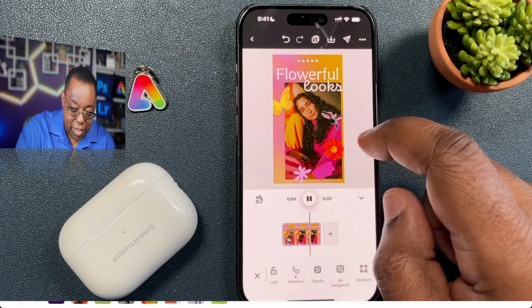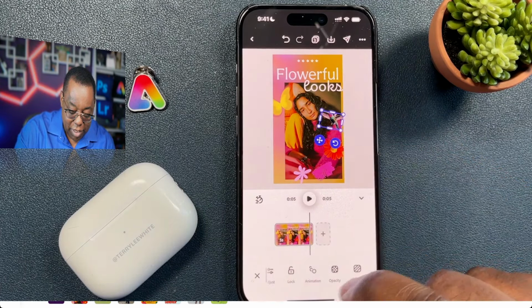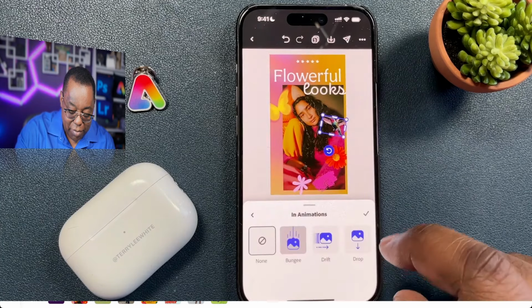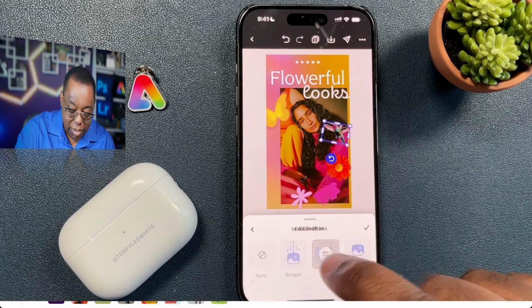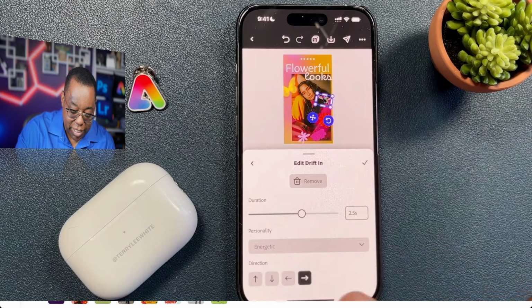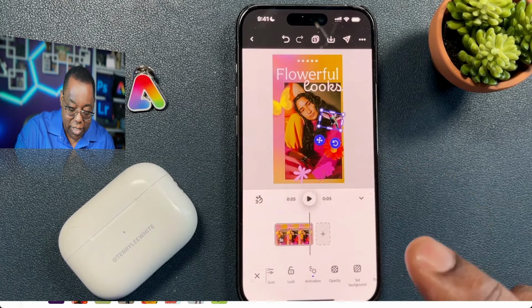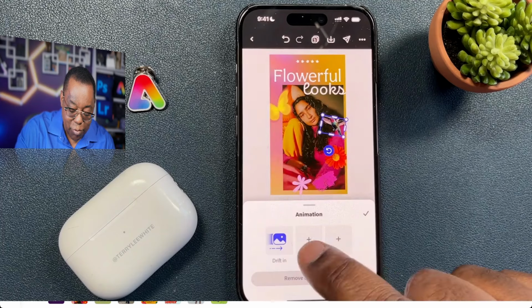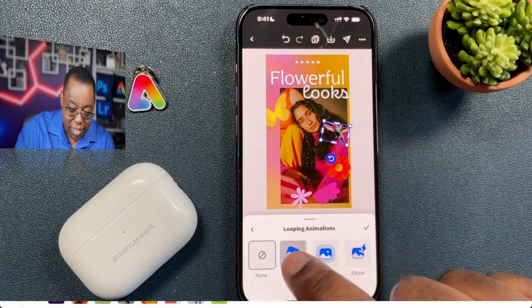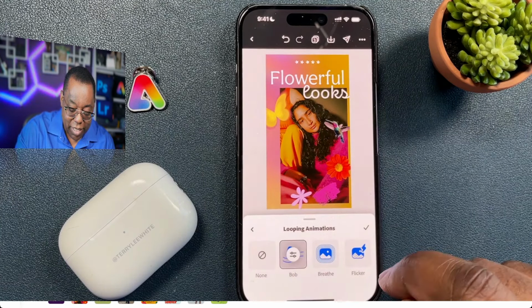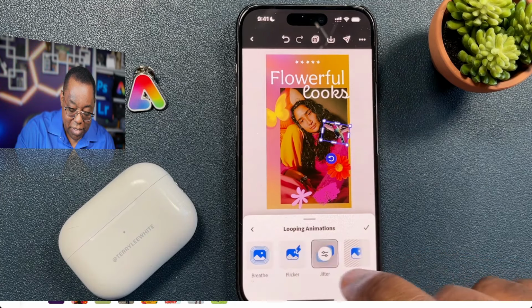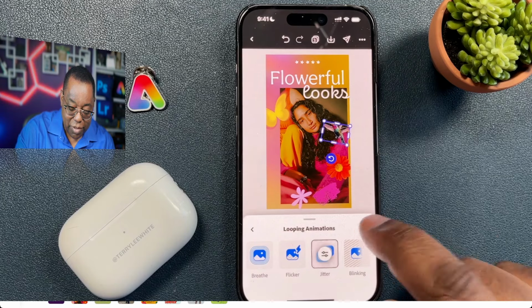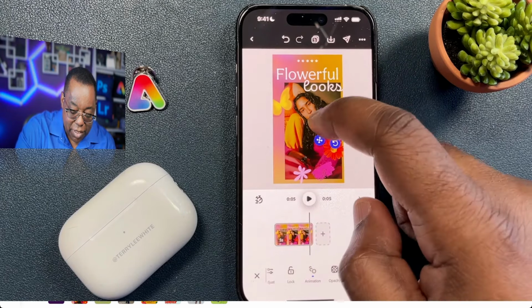Cool. All right, so now let's say we have the hummingbird here, and we're going to animate the hummingbird, and it's going to drift in. But we want to drift in from the other direction. So just tap drift again, and you get all the controls. All right, and now that it's drifted in, I want to go back to animation, and while it's there, I want to have it do something. I want to have it bob, so kind of like it's flying, or flicker. Nope, I don't want flicker. I don't want jitter. Jitter actually could be cool for a hummingbird. Okay, so now we have it jittering,